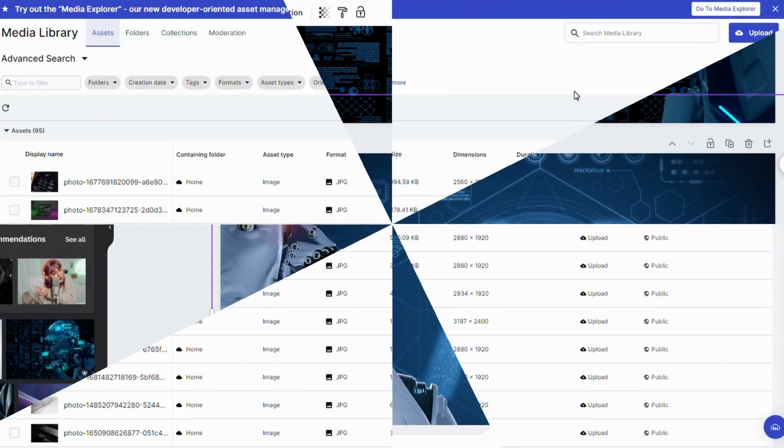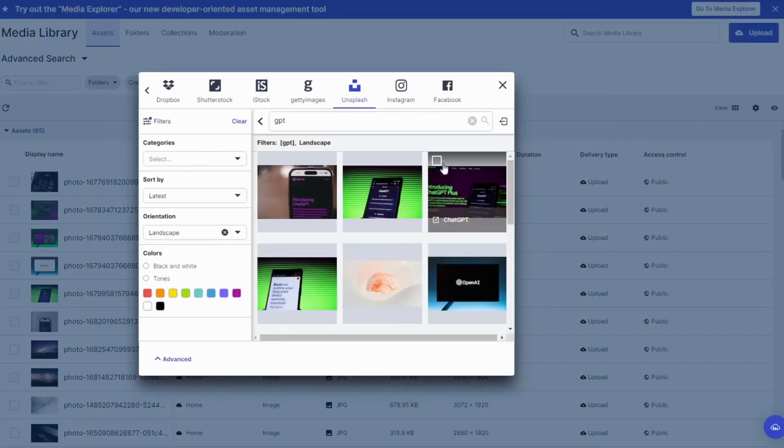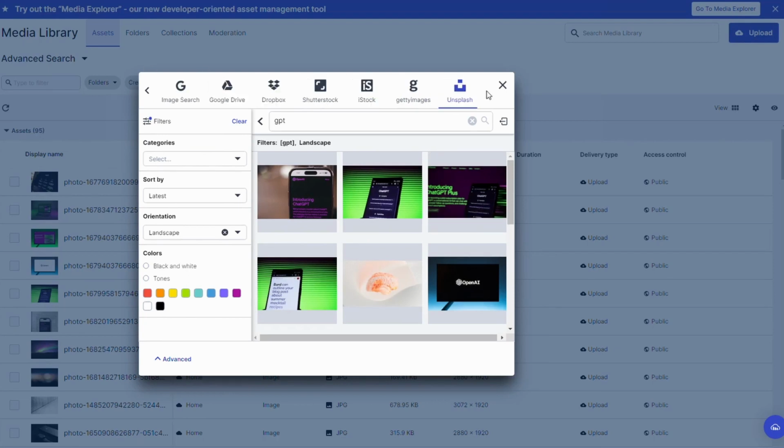Okay, so the next option, and this has got 2 advantages, is called Cloudinary. Once you're in here, you just go to your media library and you hit upload. Now, if you've got all these images from Canva or Pixabay or somewhere else, you can load them all in here. You can also